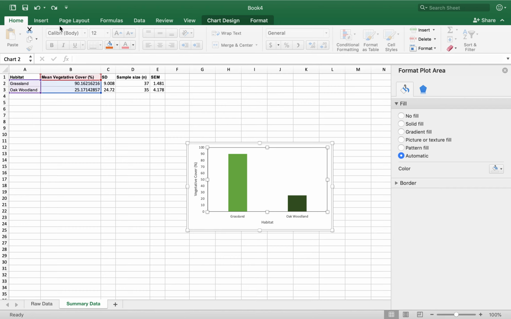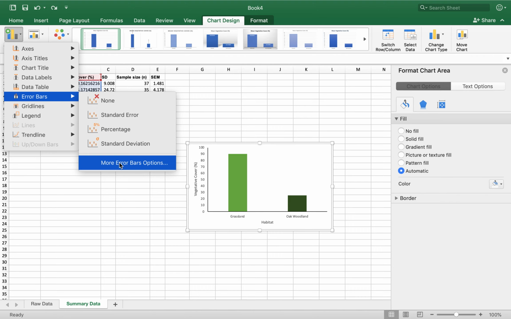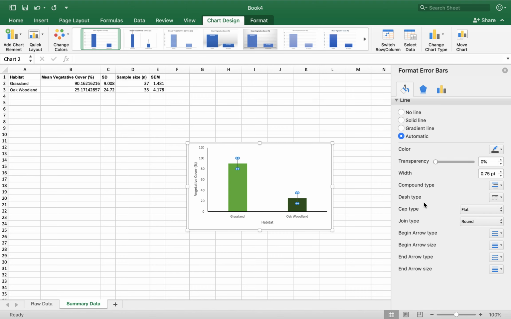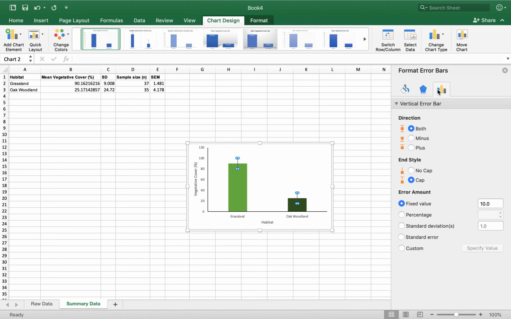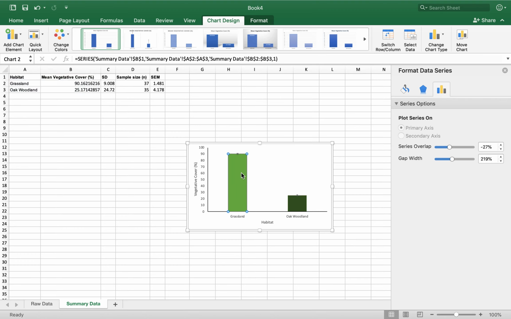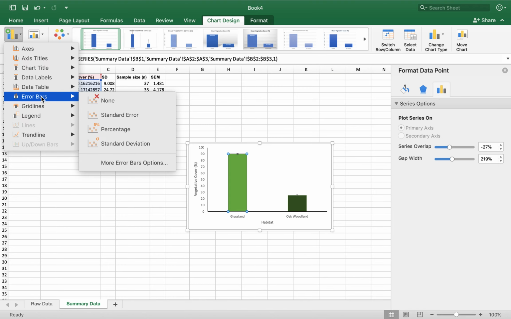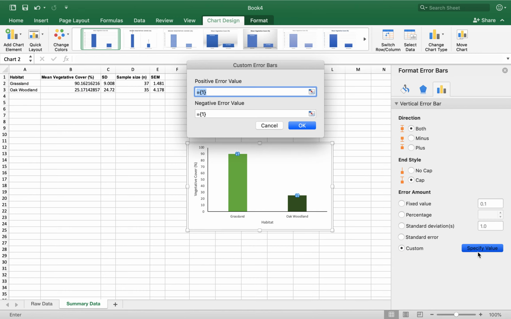So the way that we do it the nice way is going into chart element, error bars, more error bar options, and we're going to go to custom. So over here, I'm going to select this. Oops, I'm going to have to do that again. So error bars, more error bar options, custom, specify value,